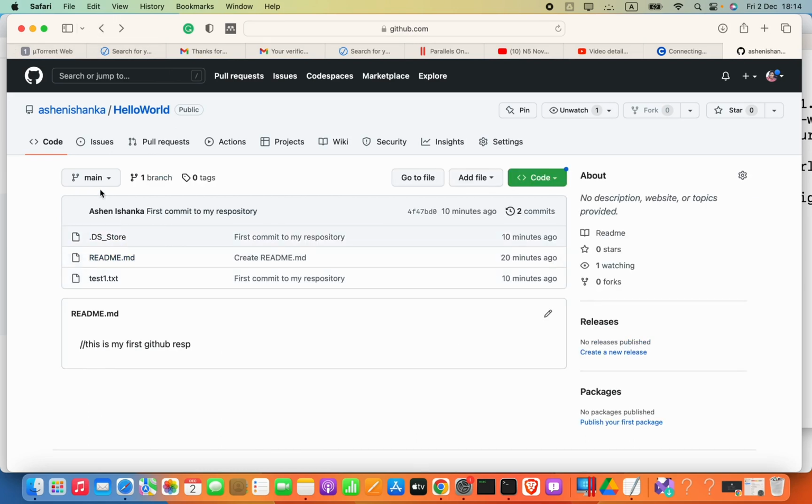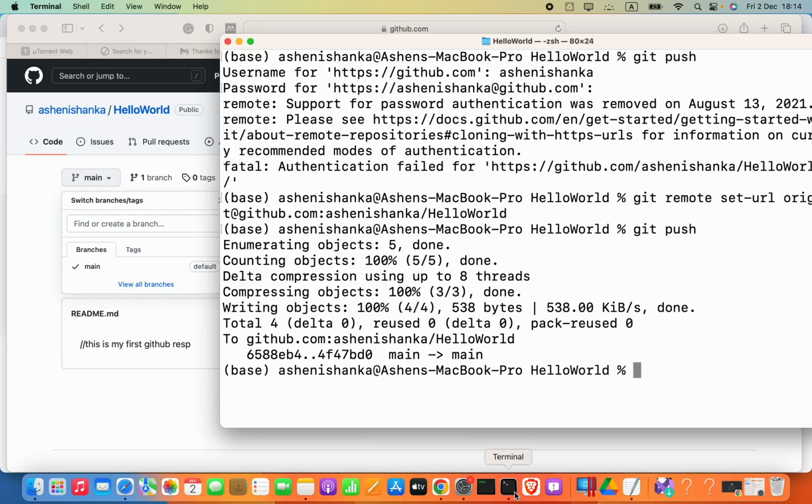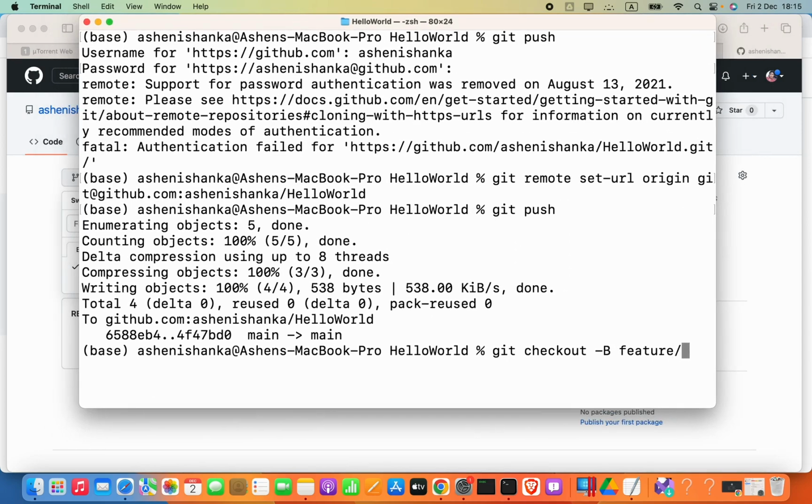Now the thing is, you can see we are still in the main branch. If you want to get a new branch, how can we do that? To do that, I will go ahead and open my terminal and say git checkout -b feature or something like that. Okay, I will say feature